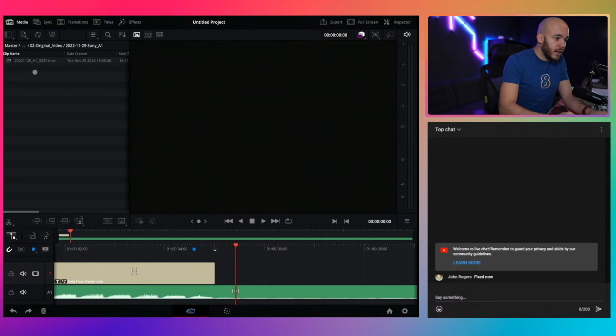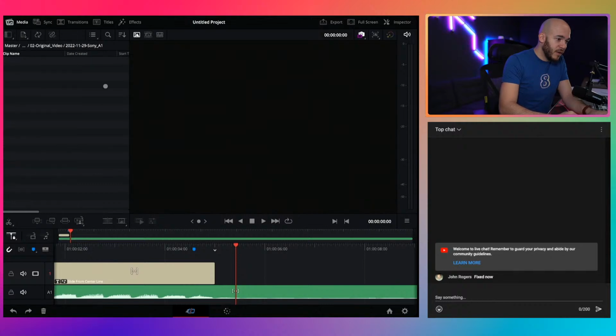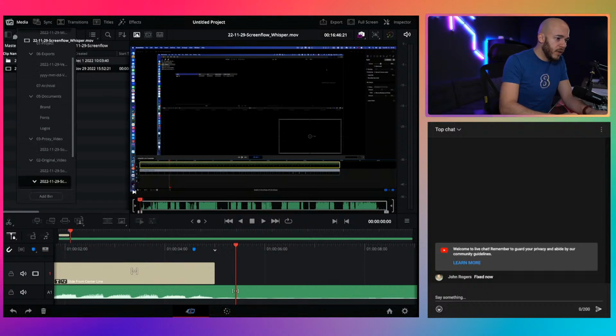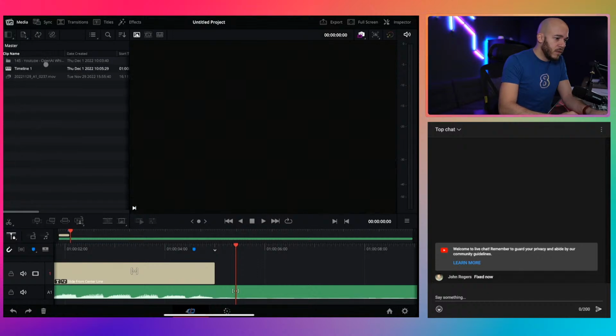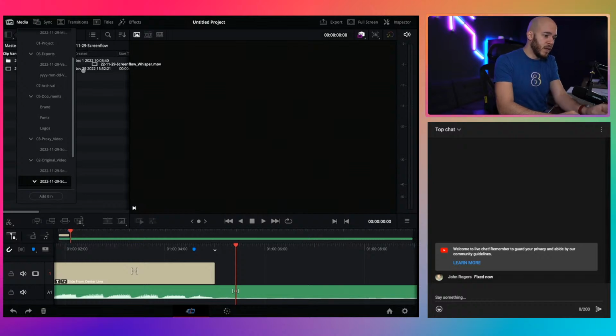Let's take a look at, but I don't know how to sync. I really want to sync this with, okay, I'm gonna put it in master. Okay, I was able to do that finally. I'm gonna get my screen recording. Yeah, my screen recording. I'll put it in master as well. ScreenFlow, screen recording goes into master, but